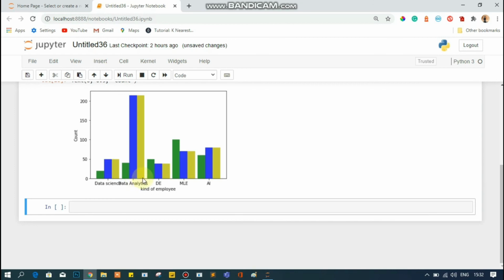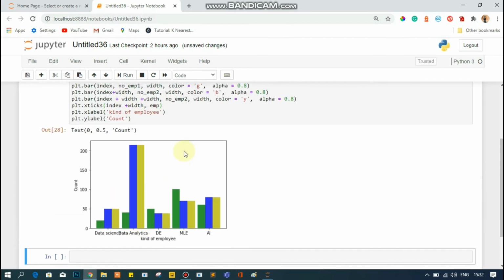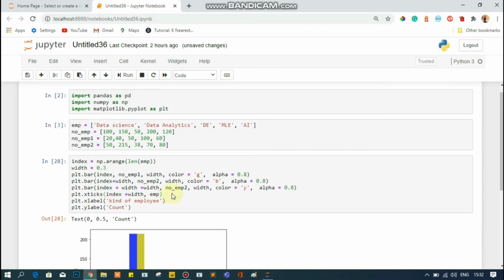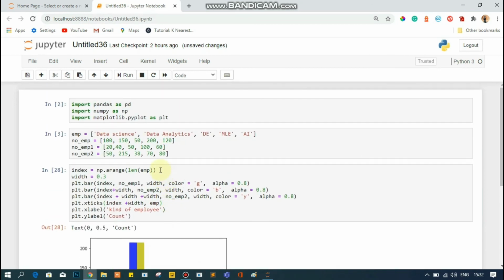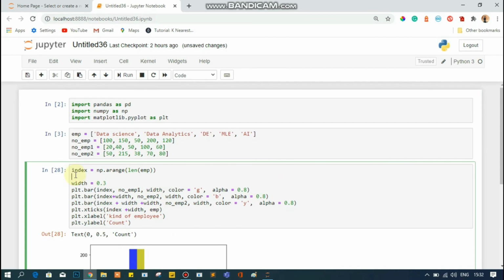It's looking very clumsy, so let me increase the size of this plot. For increasing the size of the plot, you will use a line of code, the figure size. I will type here plt.figure, and inside this I will use figsize, fixed size.